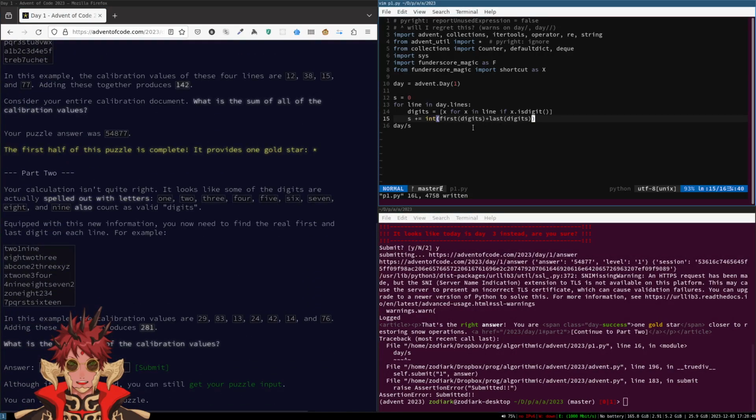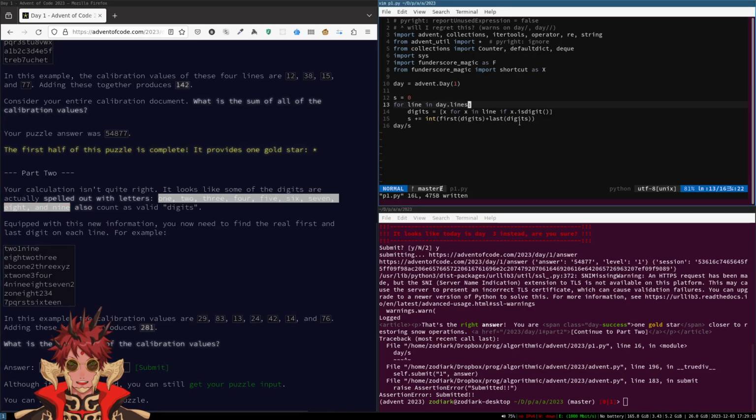Okay, I didn't actually think this through. The spelled-out digits also count as valid digits. Yeah, I tried to use the fancy destructuring to get the first and last, but that only works when it's two or longer.